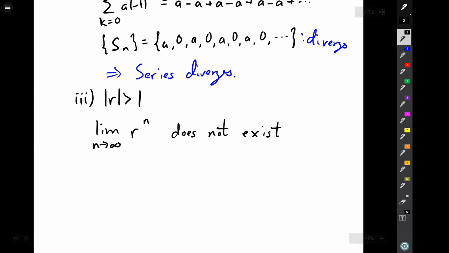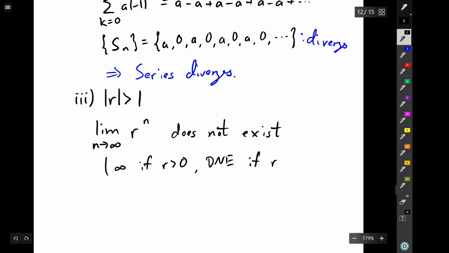Right? This limit does not exist. Really, it's infinity if r is greater than 0, and it actually does not exist in any way if r is less than 0. Right? This would be like looking at the graph of an exponential function and following that off to infinity. That's not going to converge, right? So the series diverges here,